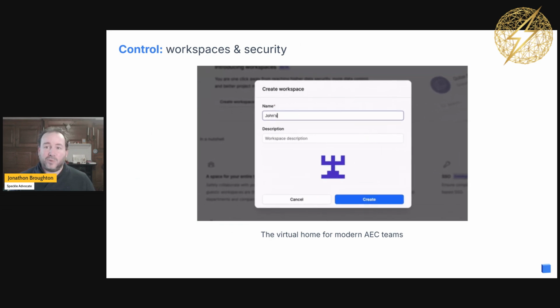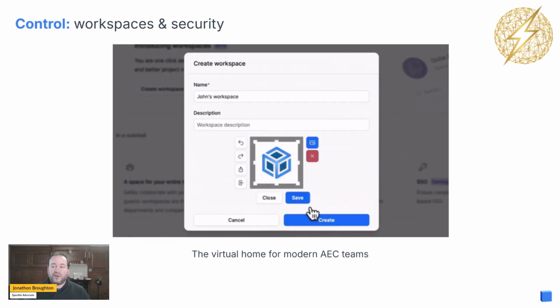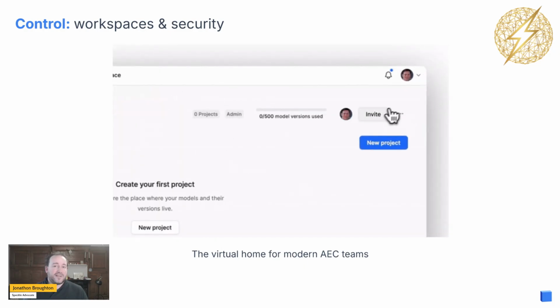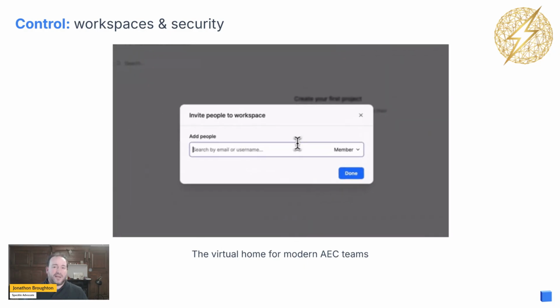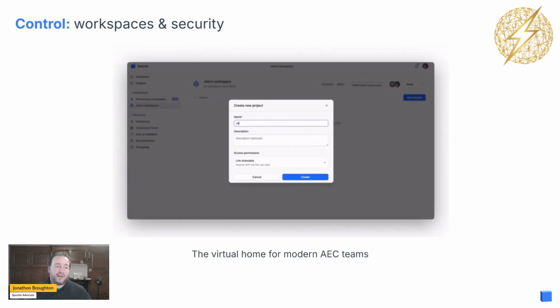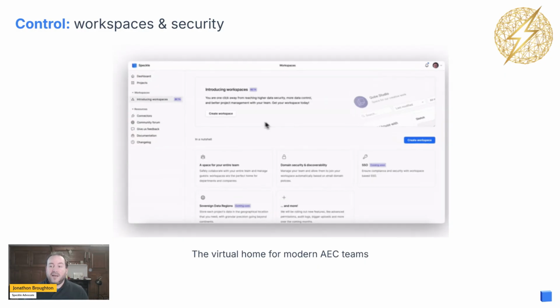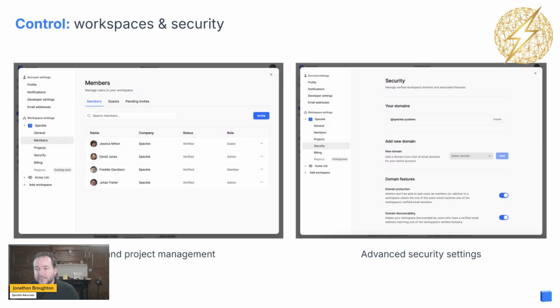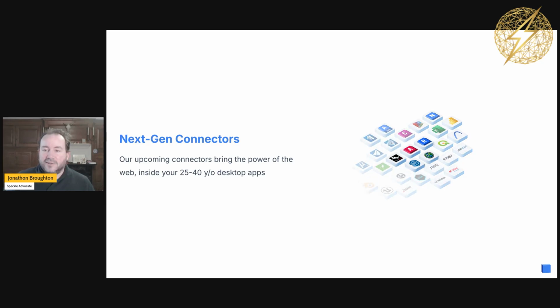And all of that sits inside workspaces, which is now moving away from just the nuts and bolts of how Speckle works to how you organize teams around data, and how you organize collaborators as well. We've always had an individual project, which allows you total control of who can see that data, but now you can start doing that from an organizational point of view as well. I won't need to get into too much about this.